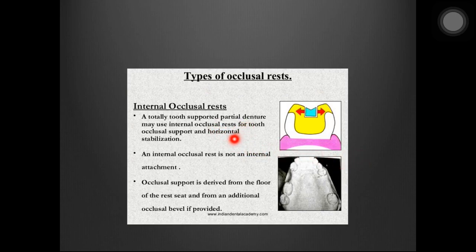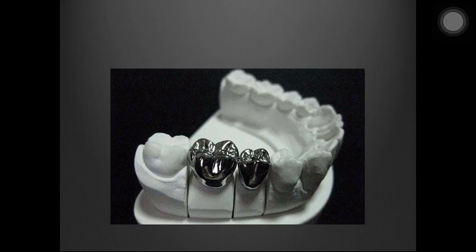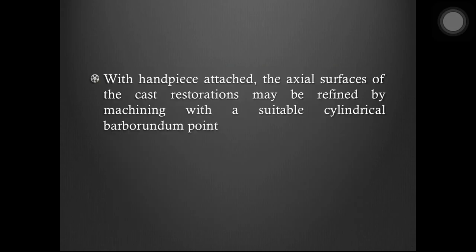A tooth supported partial denture can use these rests, and this is not an internal attachment. Occlusal support is derived from the floor of the rest seat and from an additional occlusal bevel if needed. Another purpose of using a surveyor is machining the cast restorations. These cast restorations are fully made in metal, there is no porcelain over there. After final formation, their walls can be made parallel to each other with a handpiece, because